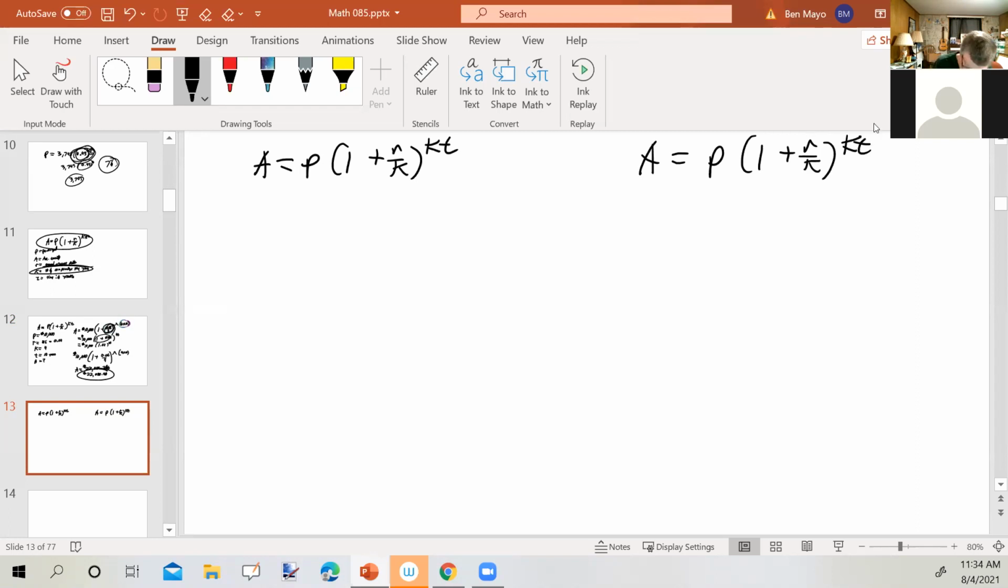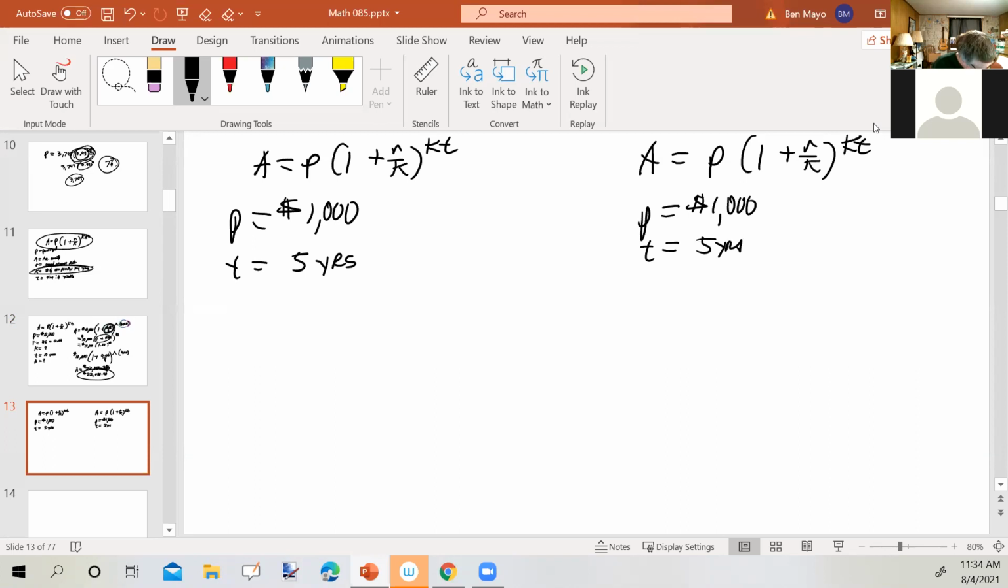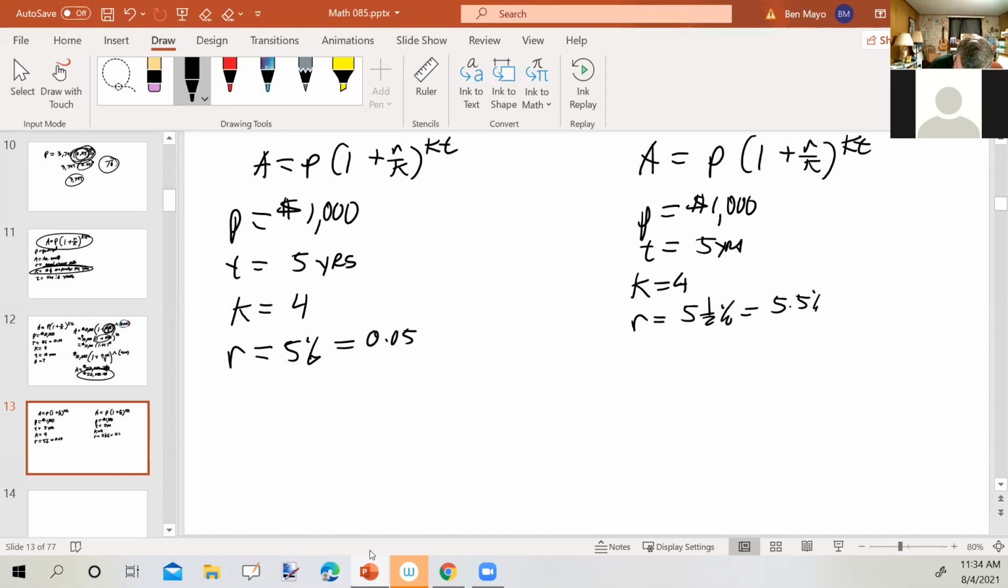In both cases, the principal is going to be $1,000. In both cases, time is going to be 5 years. Each one is compounded quarterly. But the first one, the interest rate is going to be 5%. And the second one, the interest rate is going to be 5.5%, which is